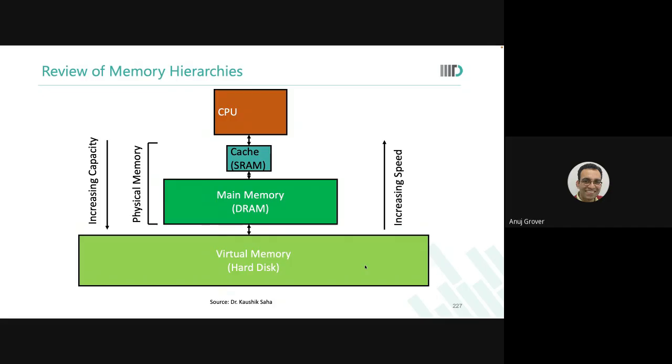Any other guesswork? I'm happy with guesswork because that is where you start to become creative. And guesswork need not always be correct. Have I ever complained that galat bol rahe ho? Jab galat bolte ho, I just tell you what is right. Have I ever scolded you for giving me a wrong answer? So whatever comes to your mind, why do you think memory performance does not scale in line with logic performance?